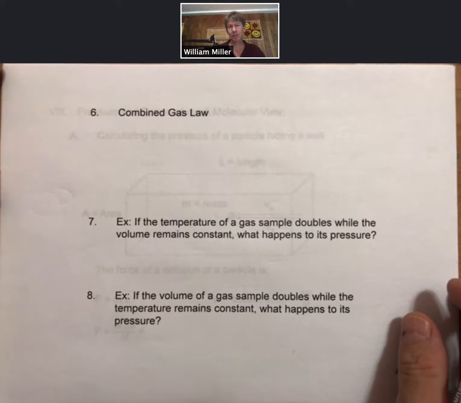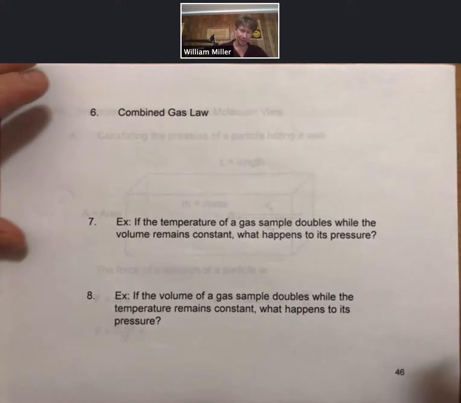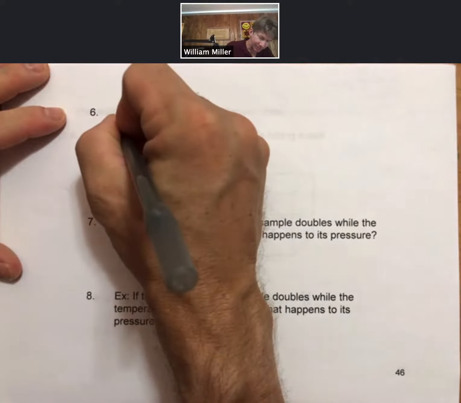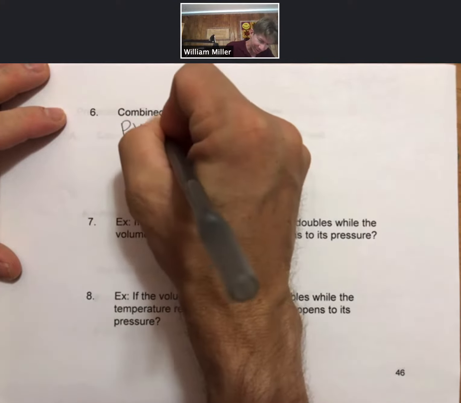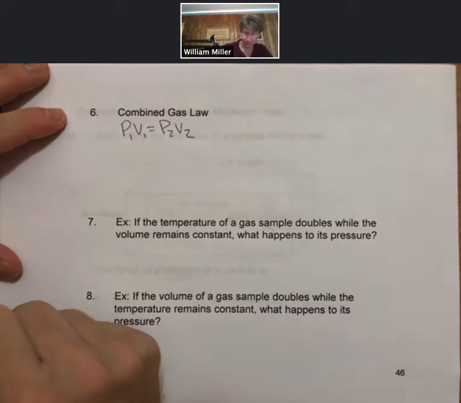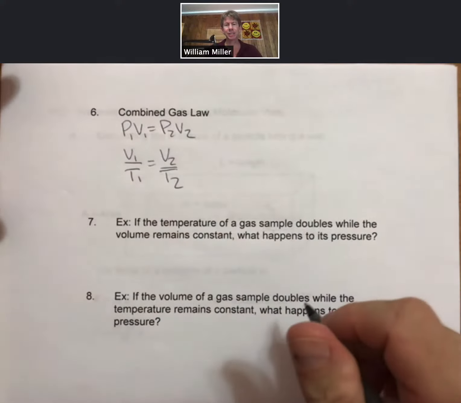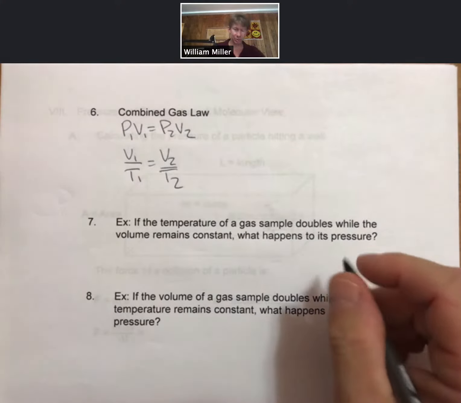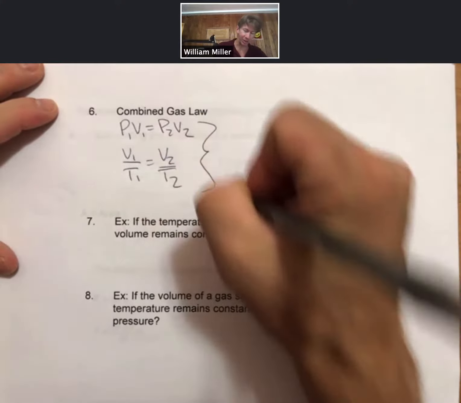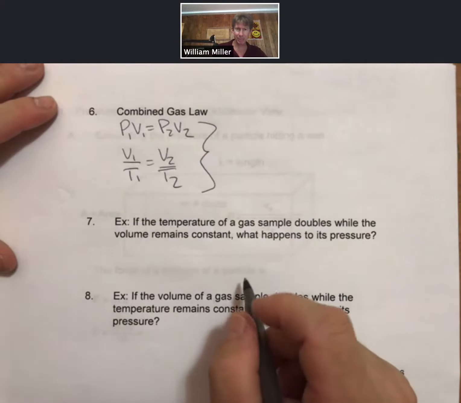Now we can talk about the combined gas law. So let's put them together. We've got P1V1 equals P2V2, and we've got V1 over T1 equals V2 over T2. And I'm not going to attempt to prove this at all, but you can put them together to get